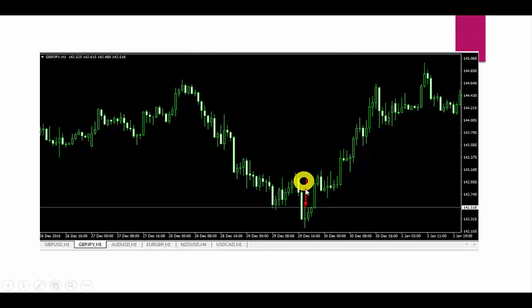Okay, alright. Just focus on this candle. You can see that it is GBP JPY H1 chart. You can see that there was a sell trend here. Market was falling, but right after this candle of spinning top, market trend was changed. It went to the upside and we got a bullish trend.